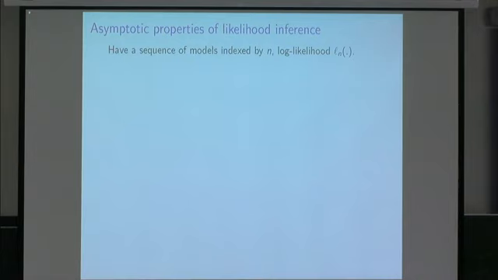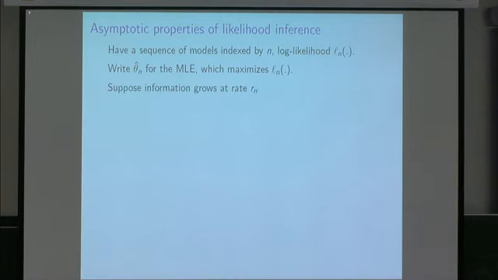So I wanted to be a little bit more general in the kind of asymptotic setup. Instead of that, let's have some sequence of models and data indexed by n with log likelihood ln. The idea is that as n grows, the amount of information available about the parameter in the data is growing too. Write theta hat n for the MLE for the nth model and data.